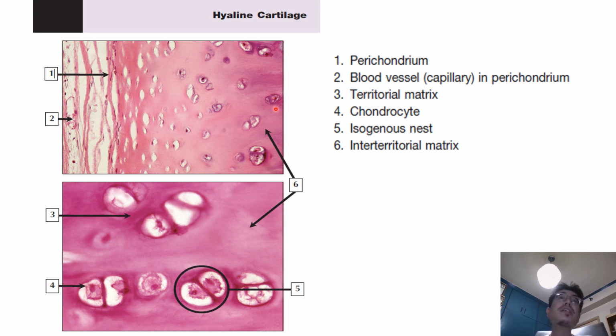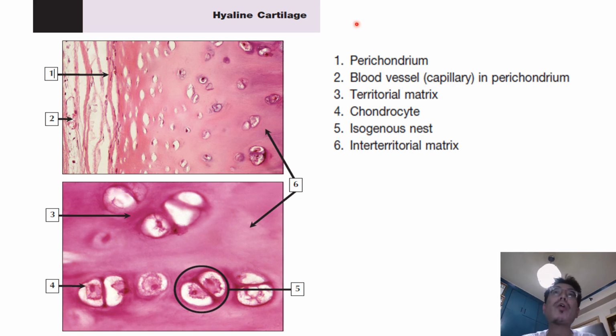Shown in this slide, for instance, is low and high magnification of hyaline cartilage in the trachea. At these sites, a perichondrium, labeled as number 1, surrounds the cartilage. Blood vessels in the perichondrium, such as the one labeled as number 2, provide oxygen and nutrients, which diffuse into the avascular cartilage. We see here again some chondrocytes, labeled as number 4, chondrocytes in hyaline cartilage, which are often